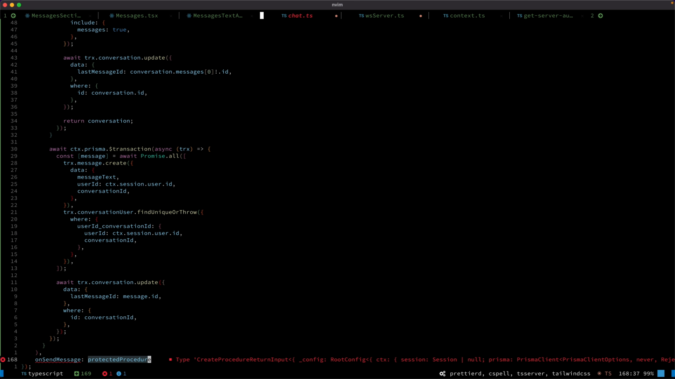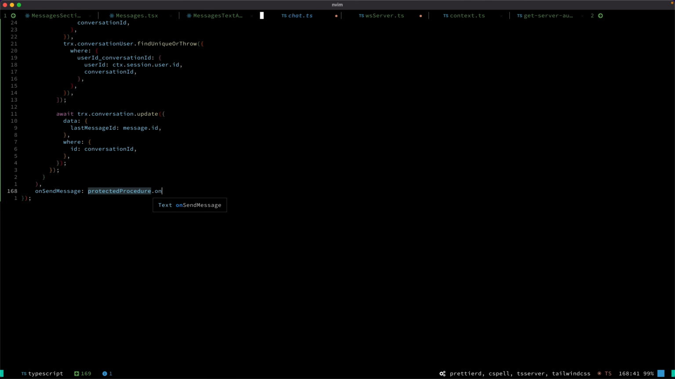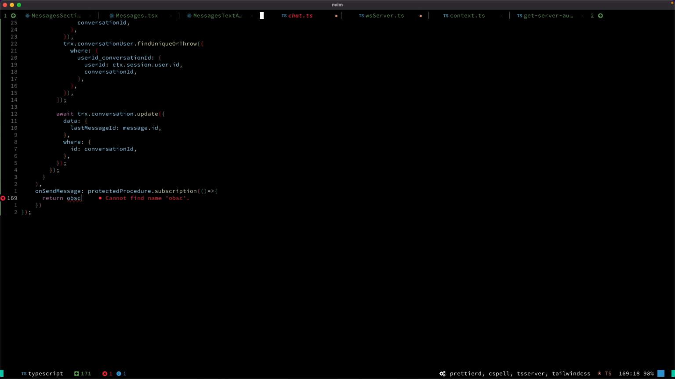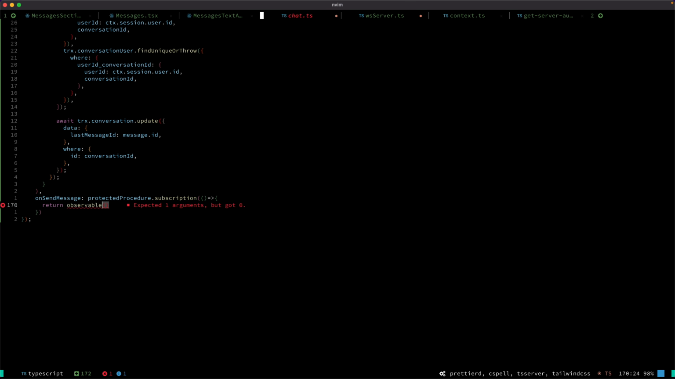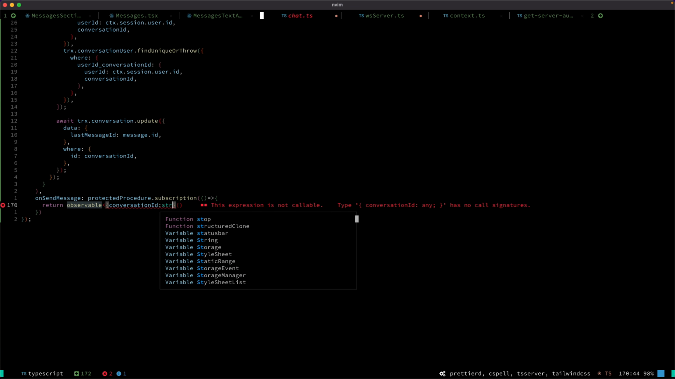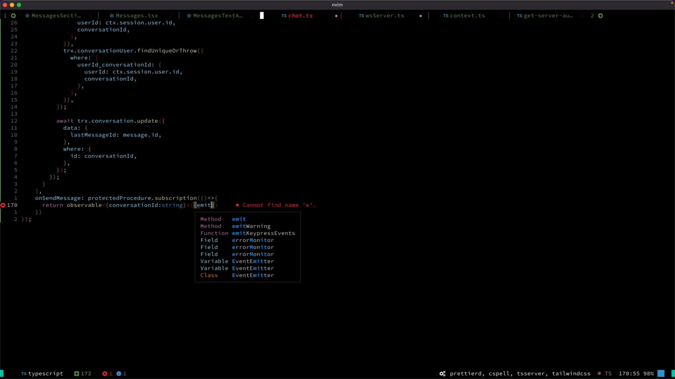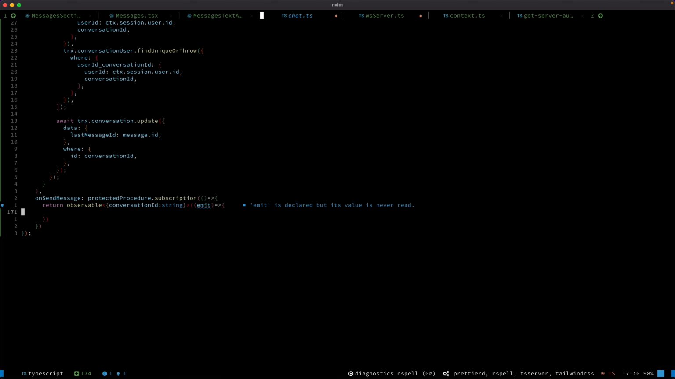Let's close this, move this to the middle. And that is a subscription, which will take a function. And then here we're going to say return observable. This comes from tRPC. And this guy is going to return a conversation ID string. And then we're going to pass a function here that takes Emit. Okay. And so in here, we want to say